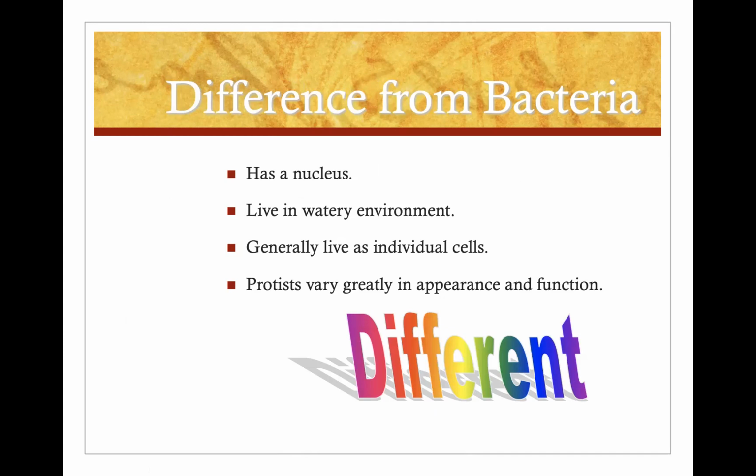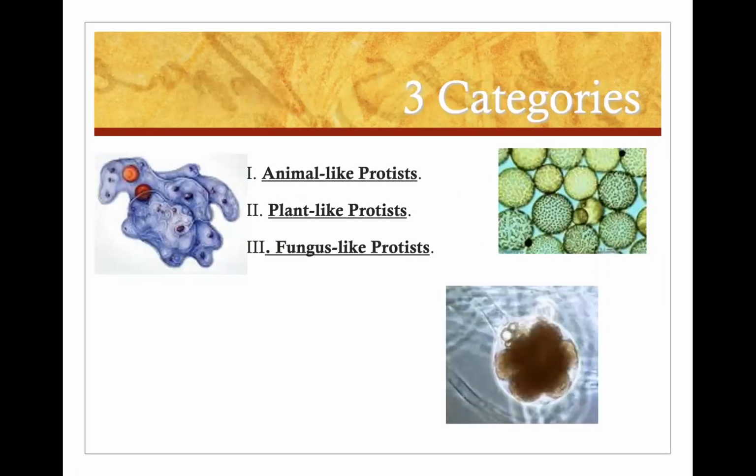They generally live as individual cells, and protists vary greatly in their appearance and function, as we will see throughout these next several slides. So in terms of categorizing protists, we can categorize them as either animal-like protist, plant-like protist,